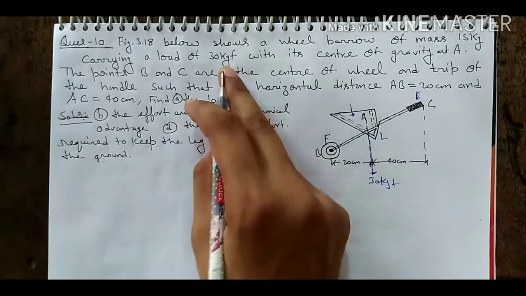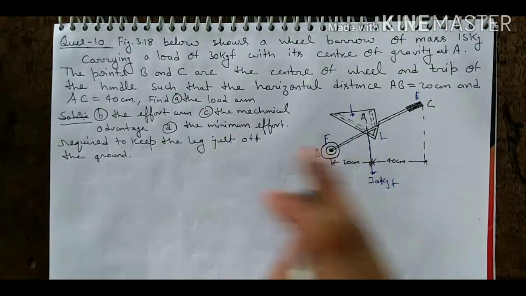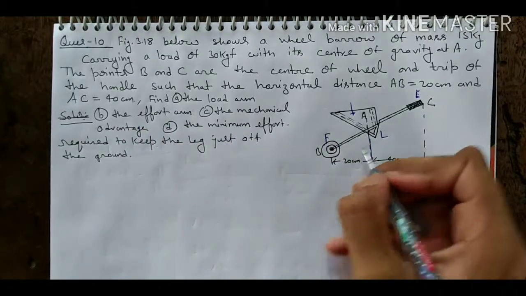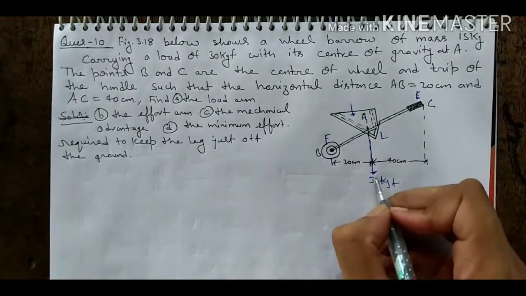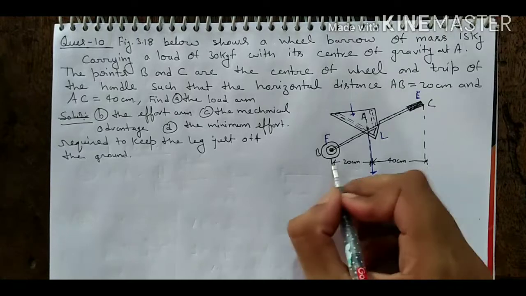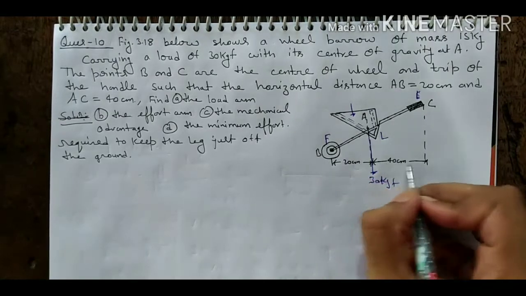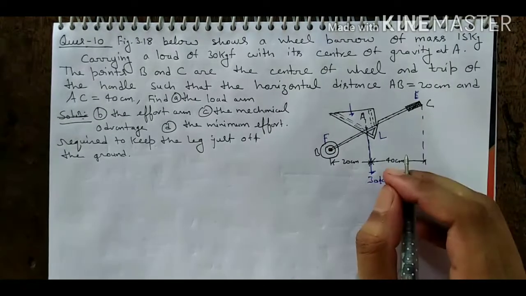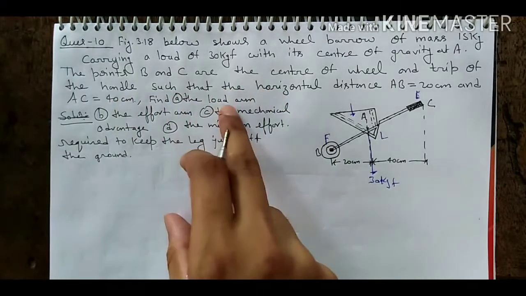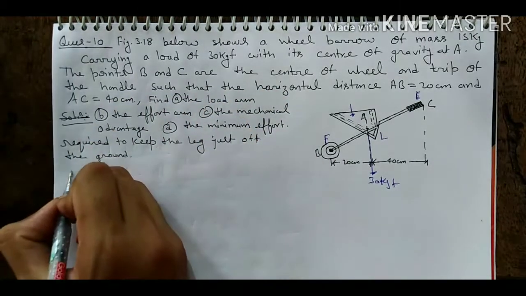तो यहाँ पे ये व्हील बैरो लोड अप्लाई करता है और लोड यहाँ पे गिवन है 30 kg। तो स्टूडेंट्स बहुत ही सिंपल क्वेश्चन है। यहाँ पे आपको डिस्टेंस दिया हुआ है कि ए जो इसका सेंटर ऑफ ग्रेविटी है, ये आपका यहाँ से जो डिस्टेंस है ए से बी वो 20 सेंटीमीटर और ये 40 सेंटीमीटर क्वेश्चन में गिवन है। मीन्स फर्स्ट क्वेश्चन, द लोड आर्म सॉल्यूशन।